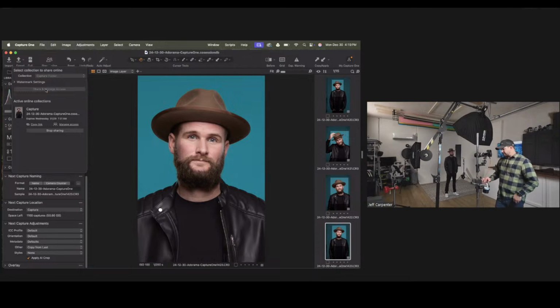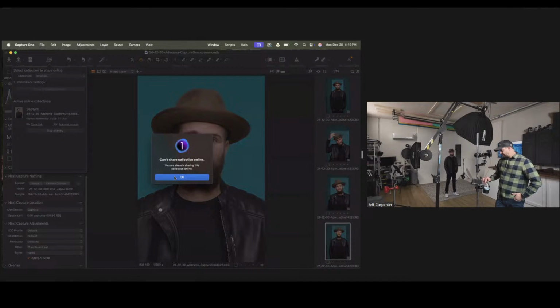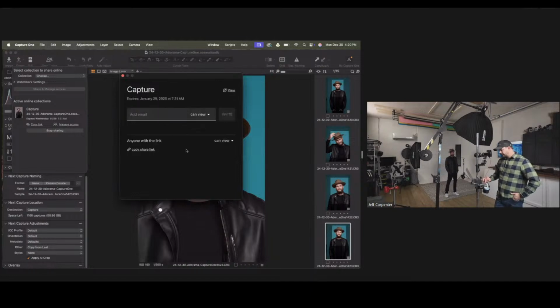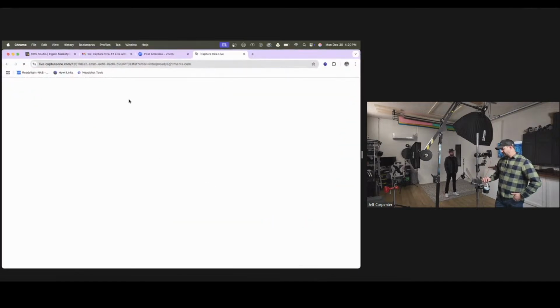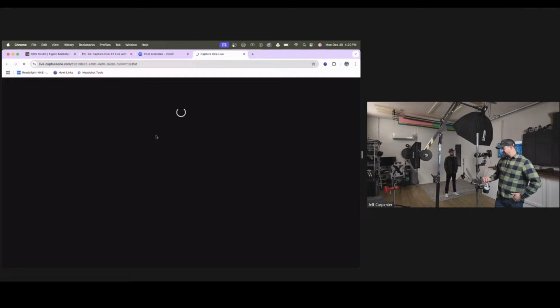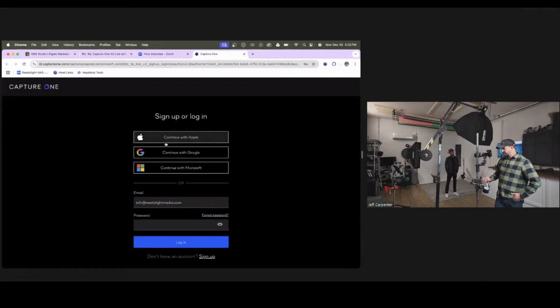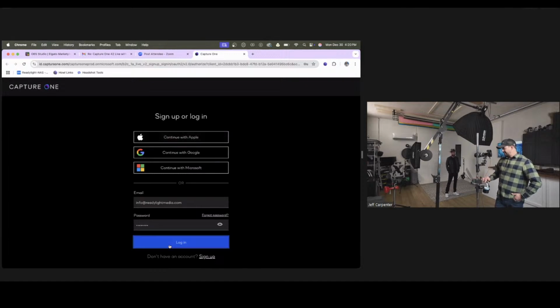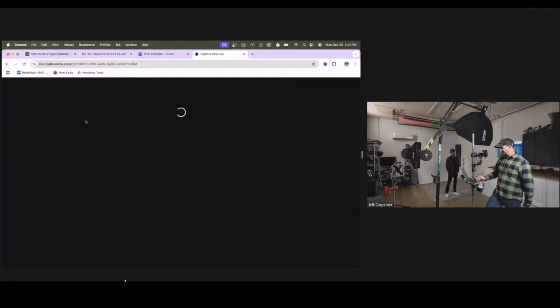So I can actually, just for fun, let's do, okay. Apparently I cannot, oh wait, never mind, manage access. Anyone with the link, let's just say, can rate, tag, and comment. Let's do that. Let's just make sure that all works. I'm just going to click on it, make sure it's up in there. I'll log in because I have a password here. You should be able to look at it without a password, but I do have an account, so I'll just go ahead and